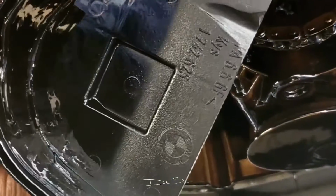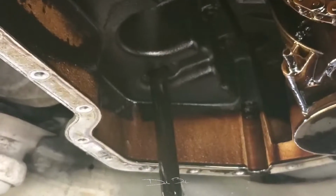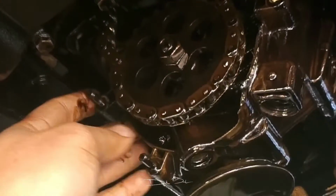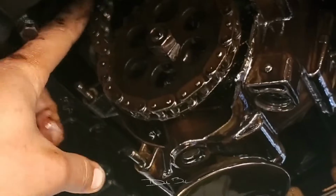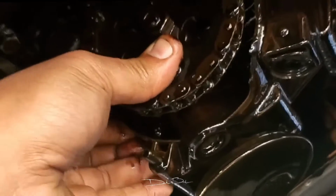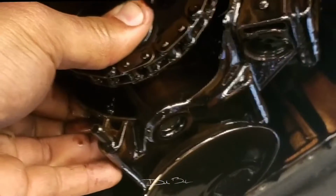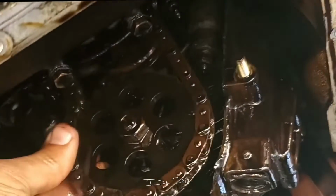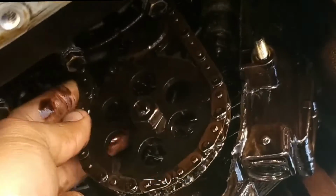Nothing immediately jumps out, but that slack, not cool. In fact, this whole joint moves a lot. So it would appear to me that these came from this, because this isn't supposed to move. And the fact that it can is not particularly a good thing. So it looks like this was